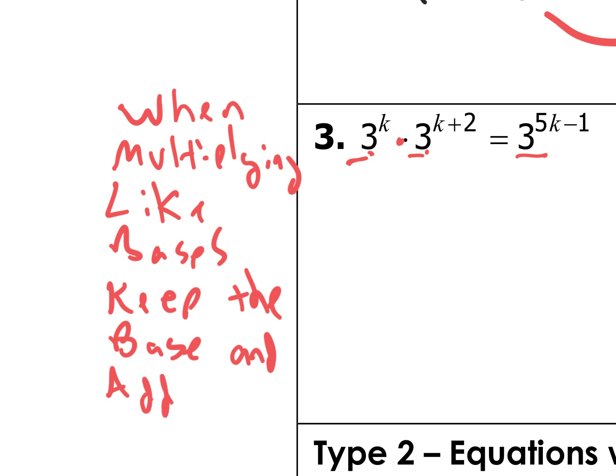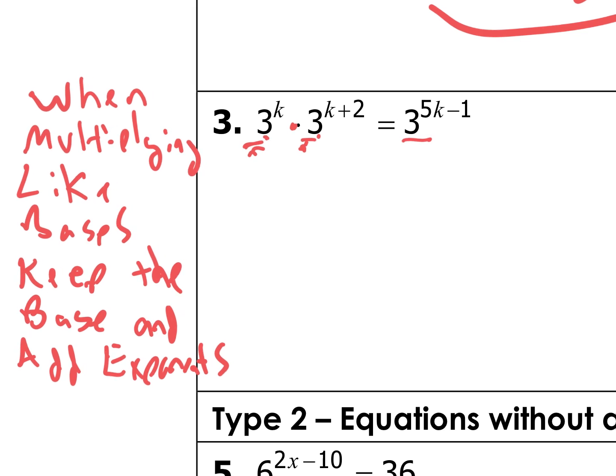When multiplying like bases, that's what this one is, multiplying like bases, you keep the base and add the exponents. Remember that rule from Algebra 1? Properties of exponents? Yeah. Okay, so to keep the base means I keep the 3